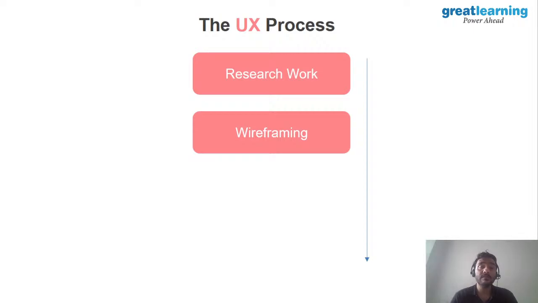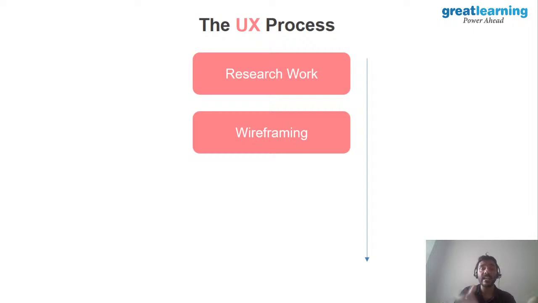Then comes wireframing. So wireframing is the process of actually creating the app. Now, I saw a lot of questions asking what language do we use to design an app? So, dude, that's wrong thinking. I mean, let's forget about coding. Coding is not everything. It is an important part, but it's not everything. So when you want to design your app, you have to wireframe. So you have to use a notebook and pen. So what you do is you take out your notebook, you take your pen, and you start doing a rough sketch.